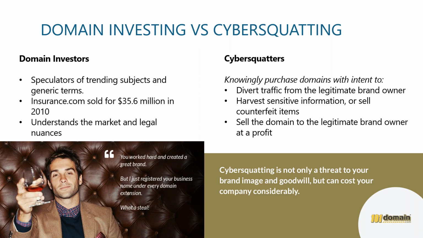And that's been going on since, let's see, when did I start? In the 90s, where people were saying, oh, that sounds like a good idea, I'm going to go get that domain name. So these people were doing it from a speculative basis, hoping that it would turn out to be profitable for them. And as you can see with insurance.com, that was the highest publicly recorded domain name sale at 35.6 million. So you can see that these names are paying off. Insurance.com would have been one of those that was registered way, way back by an investor.